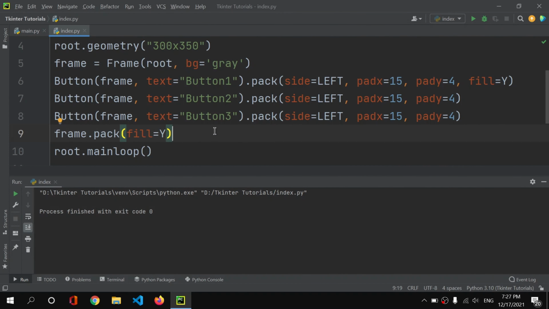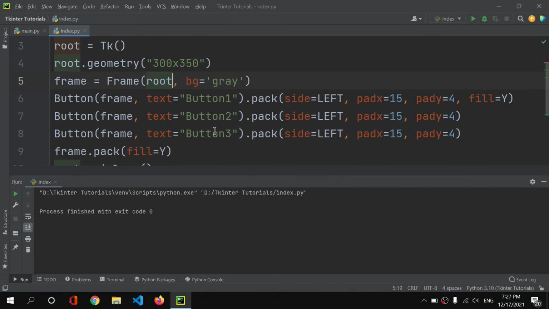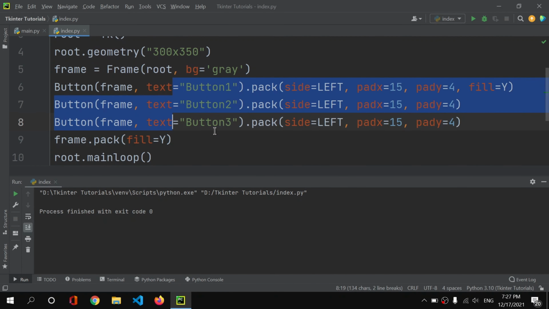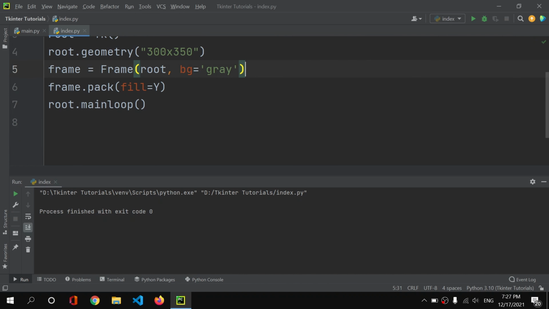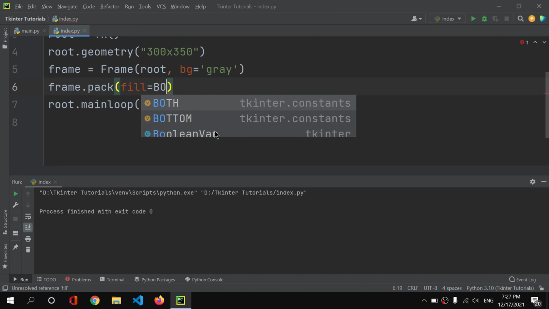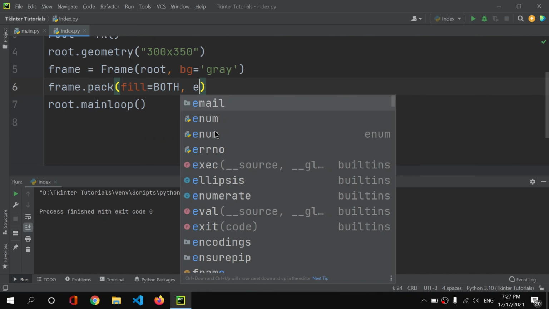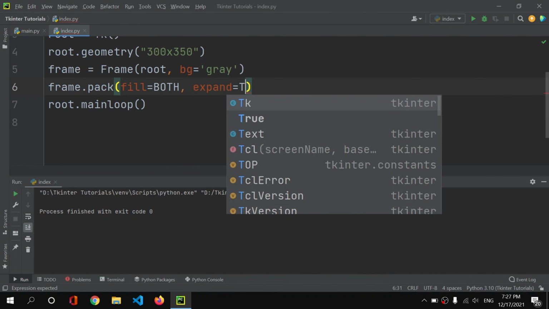So what we will do is remove these 3 buttons from here, just like this, and then I will use fill y or fill both. I will save it, and I will use expand equals true.